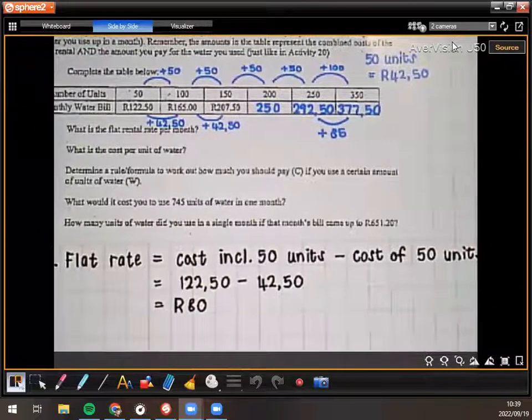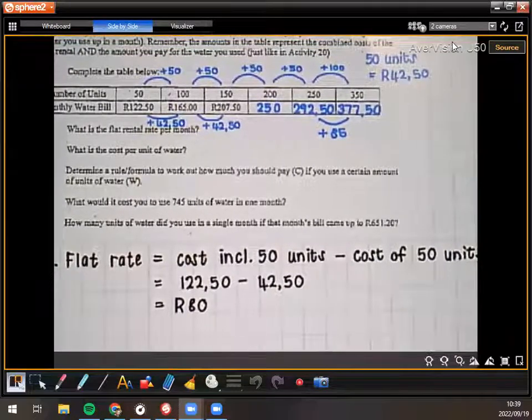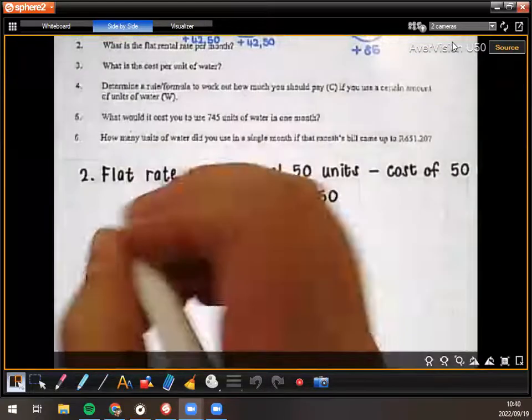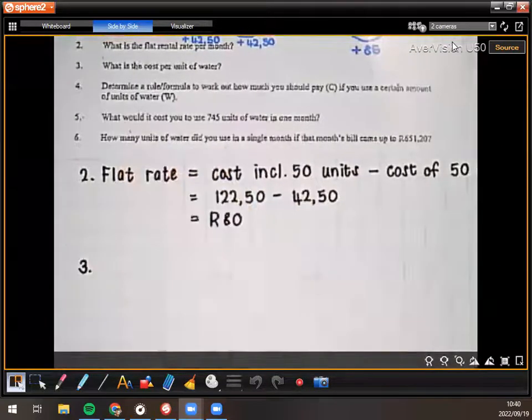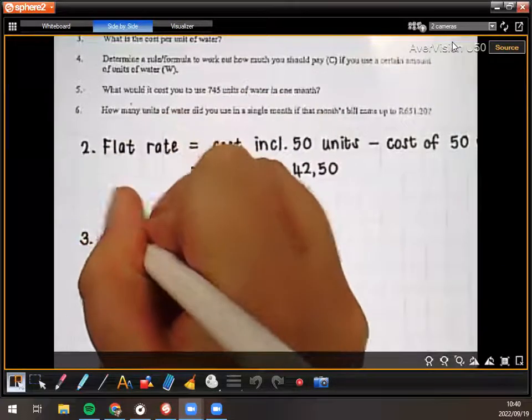Right, are we okay so far, guys, with these two questions? Okay, the next one, they're asking what is the cost per unit of water? Guys, we know what 50 units cost. So we take that cost and divide it by 50. That's what you're always going to do to get the unit cost. So again, I'm going to write a formula here, which you are more than welcome to write down. So unit cost